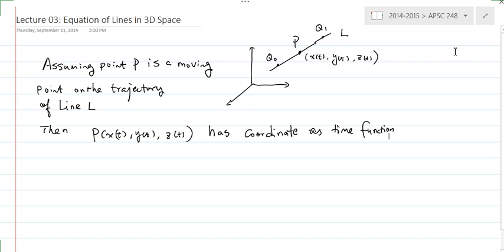Equation of the lines in 3D space. Okay. At the end of the lecture of last week, Monday, we started on the equation of lines. Okay. So basically,